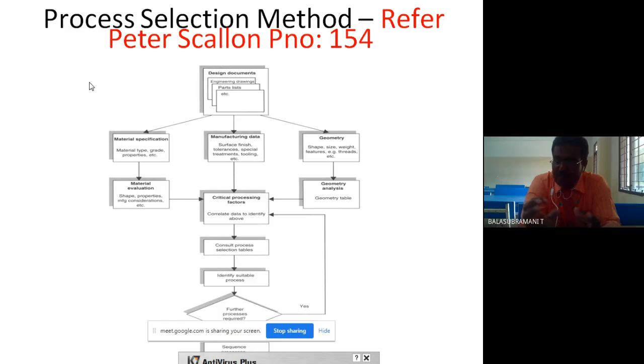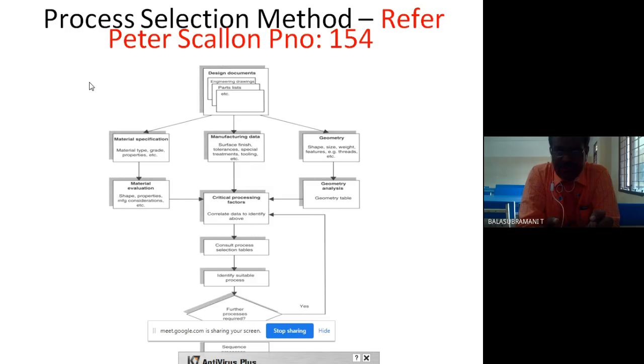Next one, geometry. Geometry means size and shape. Size and shape, hollow shape, solid, all the data should be covered. All the data are stored in one memory in CAPP, we know. Next, manufacturing data. Which type of manufacturing data should be known? Surface finish, tolerance, tool, which type of tool, which type of material, carbon material or cotton material or soft material, all the data covered at that stage.